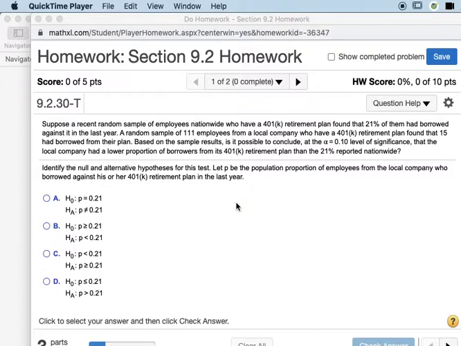It says, suppose a recent random sample of employees nationwide who have a 401k retirement plan found that 21% of them had borrowed against it in the last year. A random sample of 111 employees from a local company who have a 401k retirement plan found that 15 had borrowed from their plan. Based on the sample results, is it possible to conclude at the alpha equals 0.10 level of significance that the local company had a lower proportion of borrowers from its 401k retirement plan than the 21%